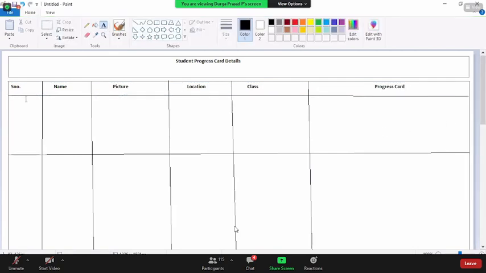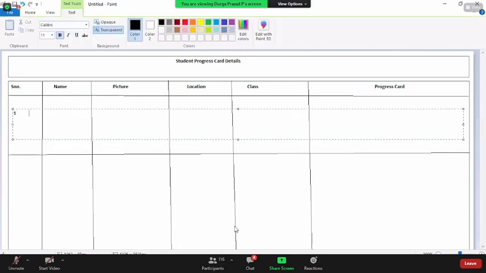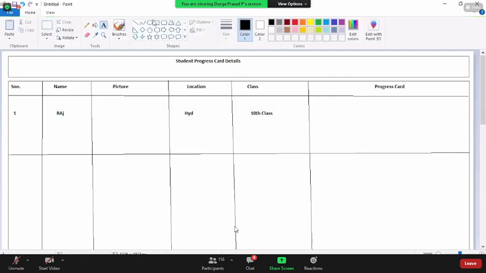Under this, I would like to add some serial number like 1, name Mr. Raj. Sure, you will be adding something from this class. Under this, I'm going to create another table within the table.